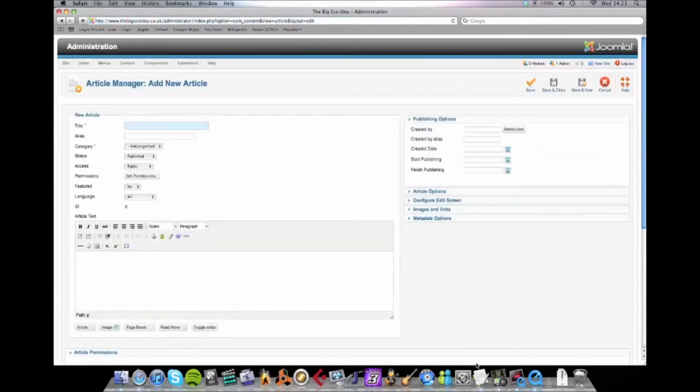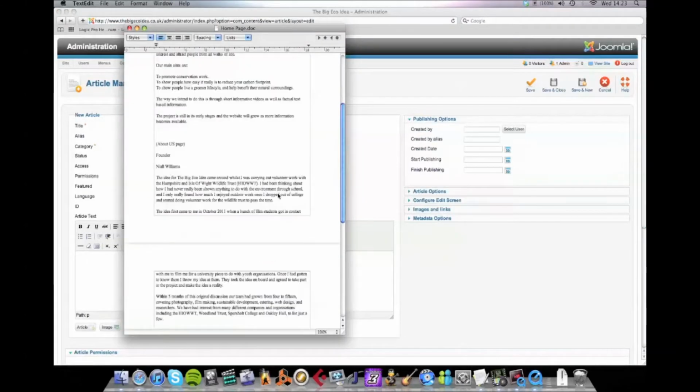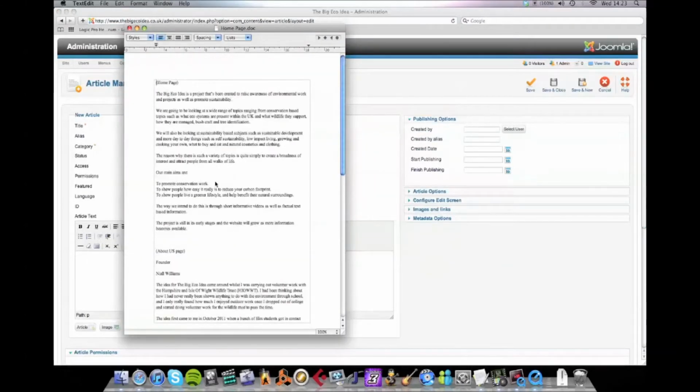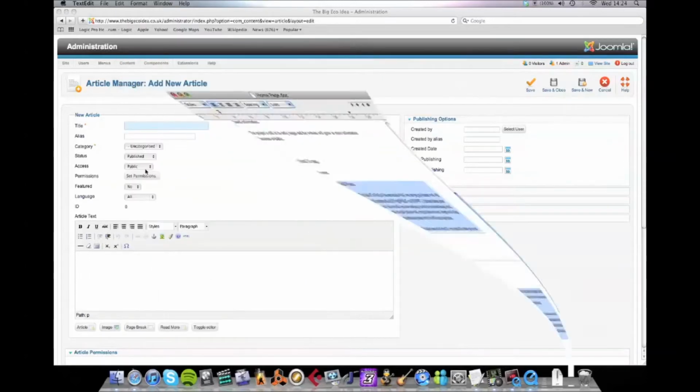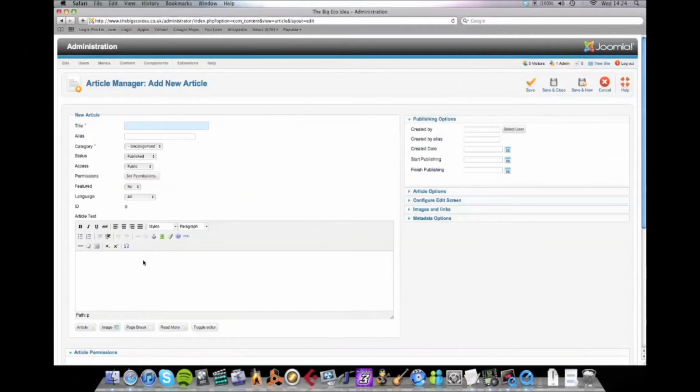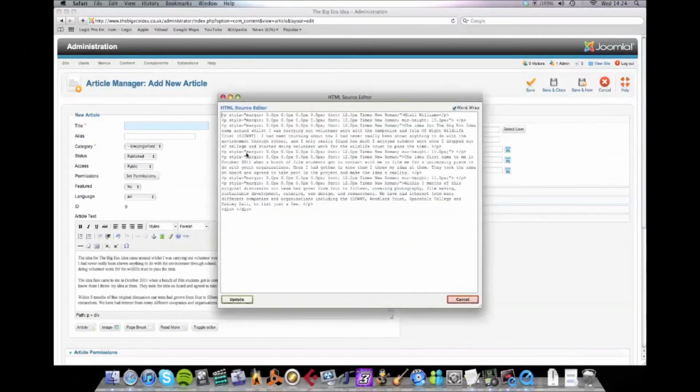Now, I've got another article here in this text program. I'm going to have to take some formatting characters out as before, because I haven't got a text editing program on the Mac which doesn't add text characters. That's the wrong article, in fact, it's this one that I want. So this is going to be on the About Us page. So we go copy that and put it in here, and then what I'm going to do is take out